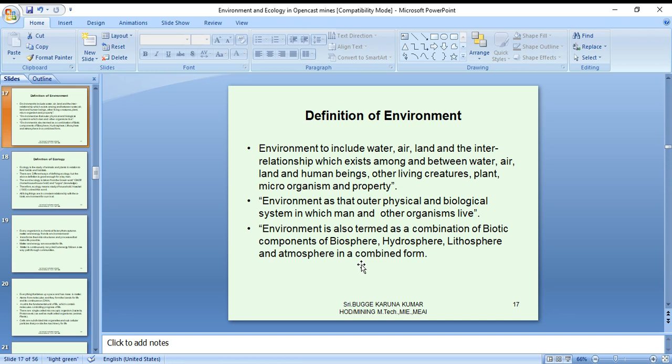When a person stands on the land and looks upward, that is the biosphere, hydrosphere, lithosphere. When a person looks around horizontally, that is our basic physical, biological, and other organisms living. So when a person sees the sea, air, land, and other interstitials, this is the actual meaning of the environment in which we are living.